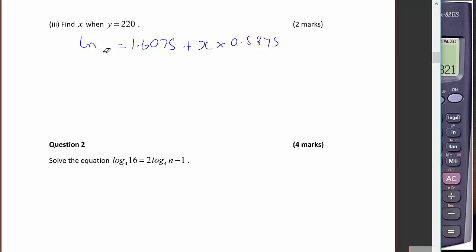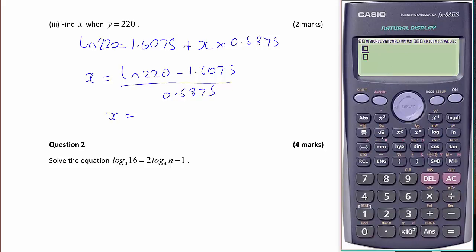And that's when y is 220. So x is going to be ln 220, take away 1.6075 divided by 0.5875,